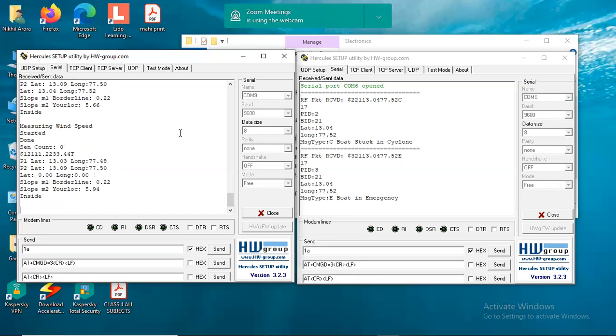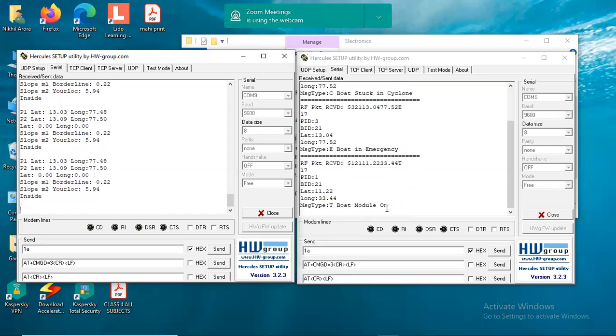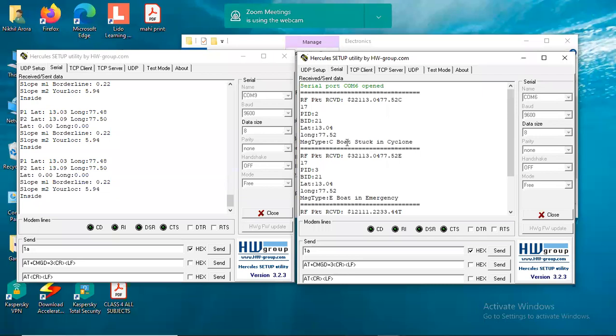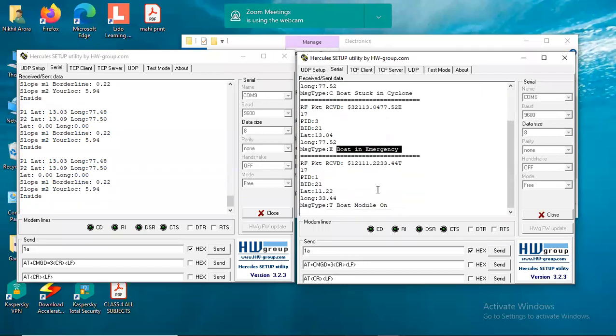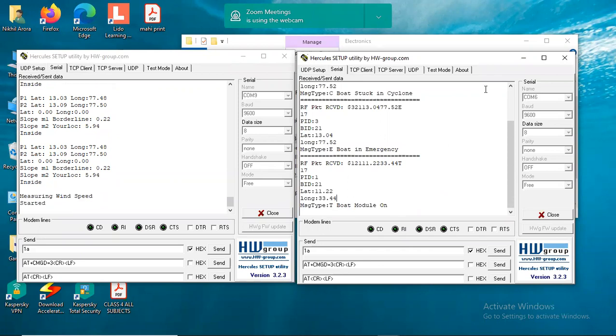I reset it. So the message will come, boat module on. So I've shown you boat stuck, boat in emergency, and boat module on. The other one I cannot show you because I am not in that location. So I'll just remove the connections of power and everything.